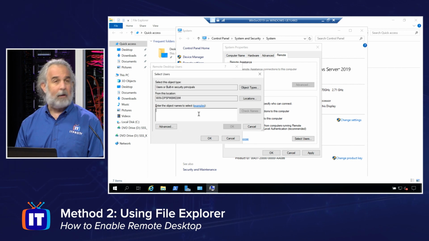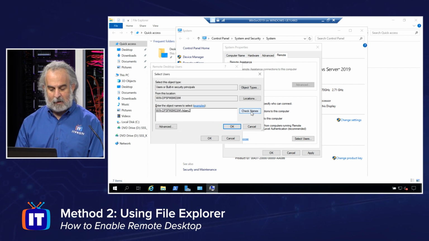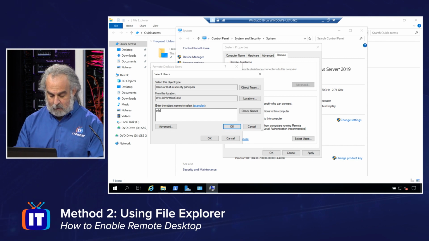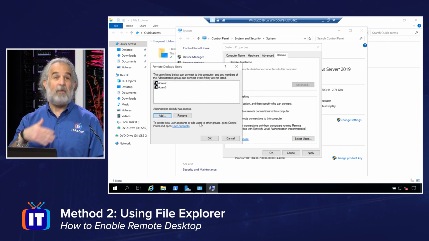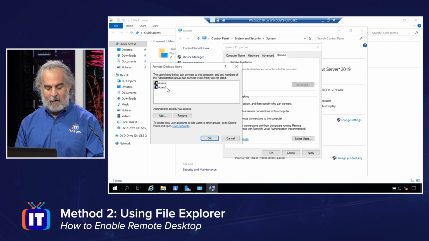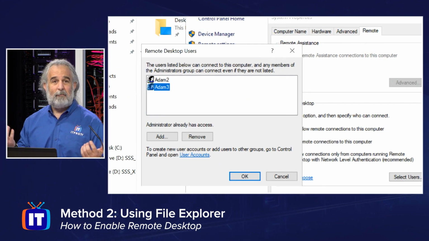I'm going to click Add. I get a little browse window here. I can click and add by selecting and checking the name of one or more users. Atom2 is one of the users I have there. I could add his buddy, Atom3. And I could keep going because I have a whole bunch of Atom users, but you get the idea. And if I add a user that for any reason I feel, you know what, I really shouldn't have added that user, just highlight, click remove, and we're good.